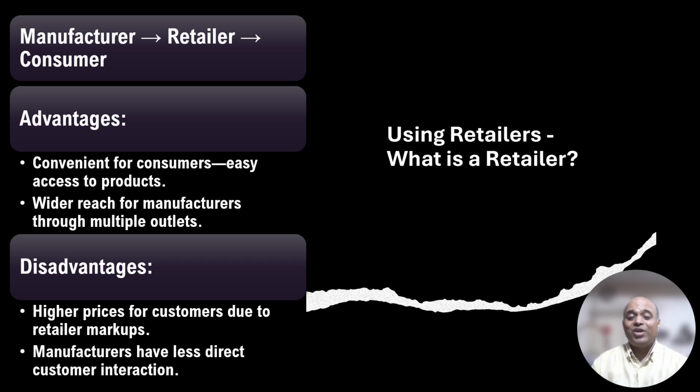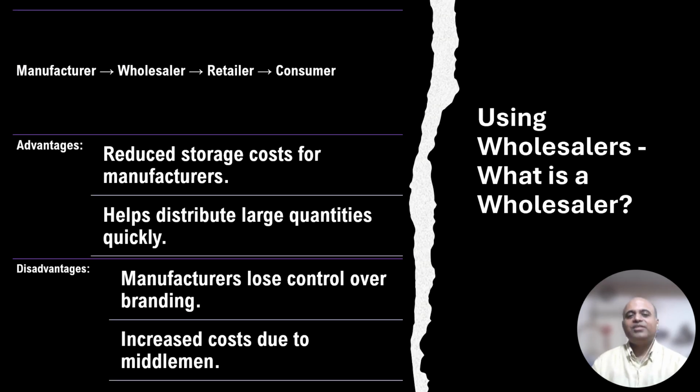Question: why do you think manufacturers are willing to give a share of their profits to retailers? Think about it. Next, a wholesaler buys in large quantities from the manufacturer and sells in smaller amounts to retailers. This is helpful when products need to be distributed on a large scale and when manufacturers want to save on